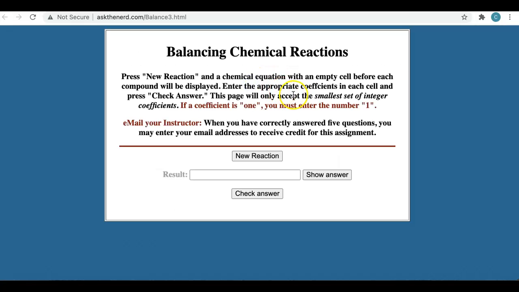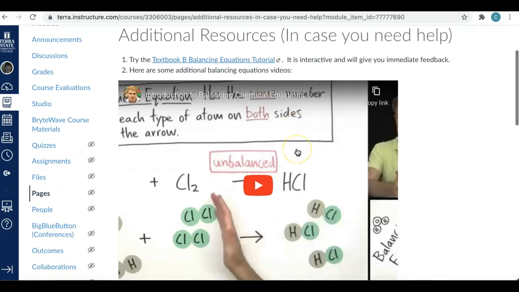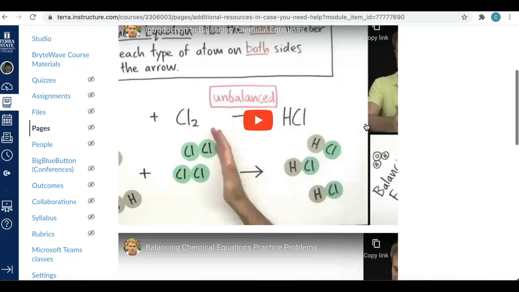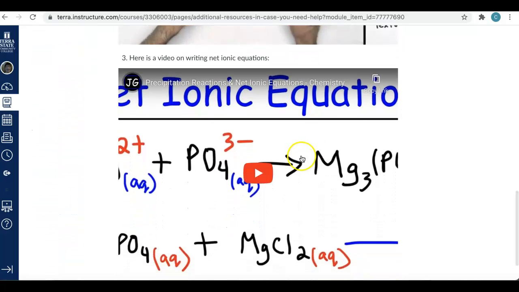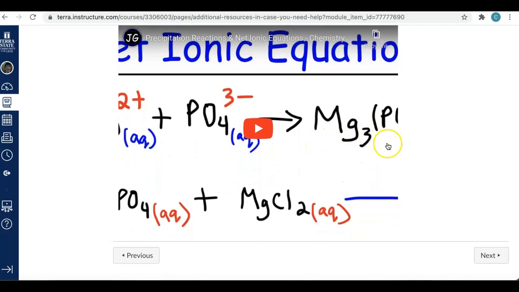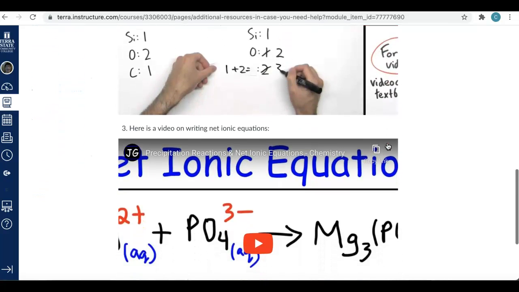And so they can click on here, and it's almost like a game that they can play. It'll give them reactions that they can balance. And they can get immediate feedback on that. And then I also embedded some YouTube videos that go over balancing equations, and one that goes over precipitation reactions and net ionic equations. So they would have the option to watch these if they felt like they needed an